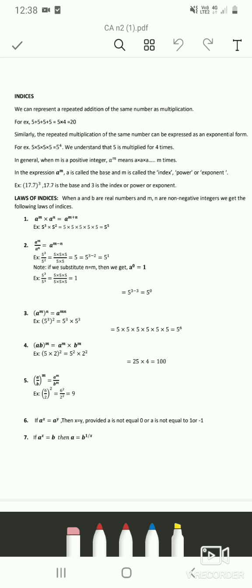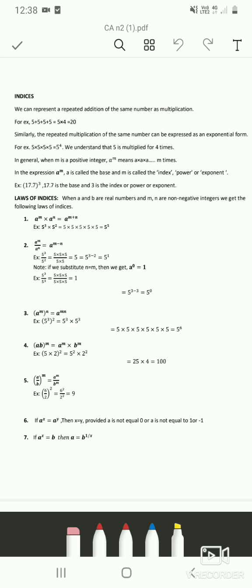Okay, now let's begin with the first unit, indices. I believe it is important for us to know why it is necessary to study a new unit or new topics. So why do we need indices? Indices is used to simplify some of the complex or difficult problems. It gives us the formulas using which we can simplify such complex problems.